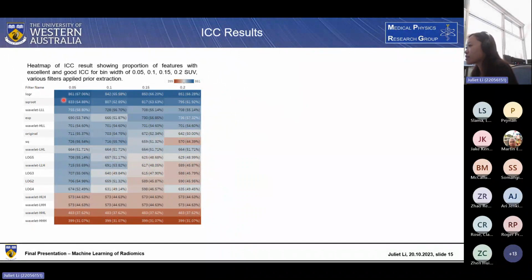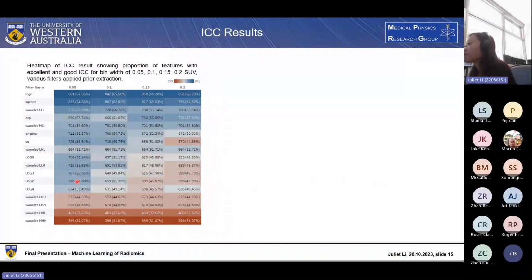The more blue means there is a higher percentage of features with good stability, and the more red means that for those combinations of bin width and image filtering, the features are less stable. As we can see, the variation of color horizontally is much less than the variation of color vertically. That's one of our findings, that the bin width has impacted the feature stability a lot less than the image